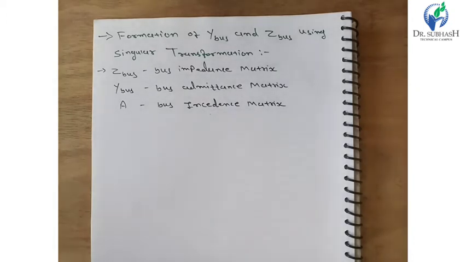In network matrices using the singular transformation method, we studied the various parameters of bus admittance, bus impedance, branch admittance, and branch impedance. We studied the loop impedance and loop admittance matrix. We also studied, using some examples in a previous video lecture, the branch admittance matrix, and also the Y bus and Z bus singular transformation.